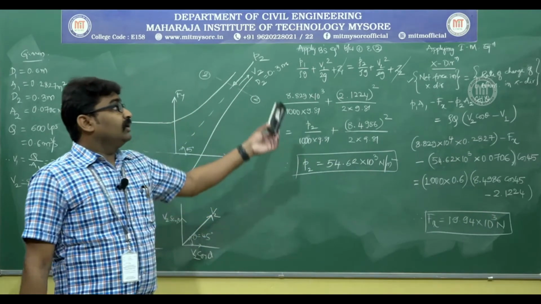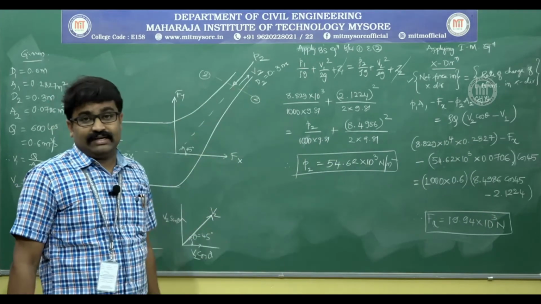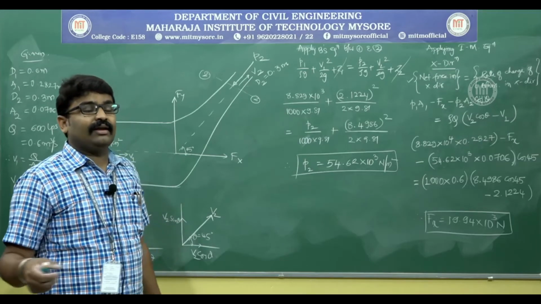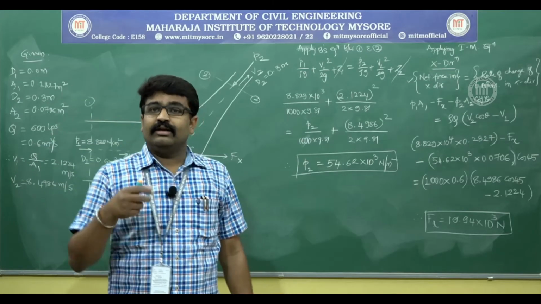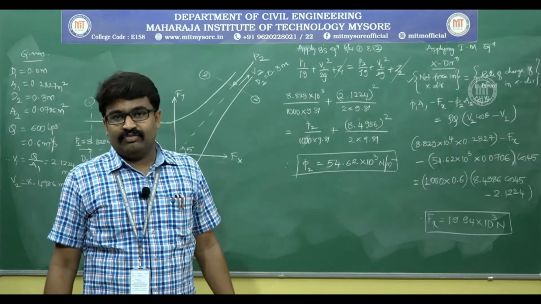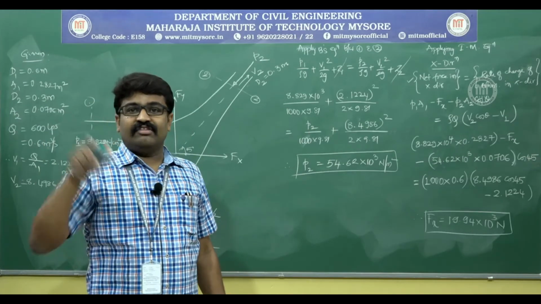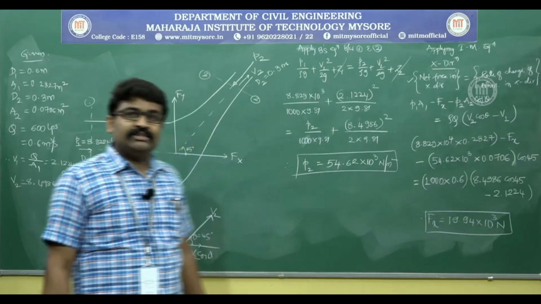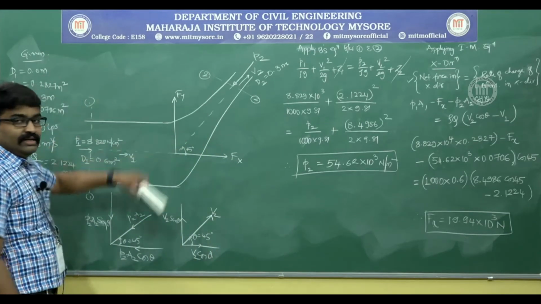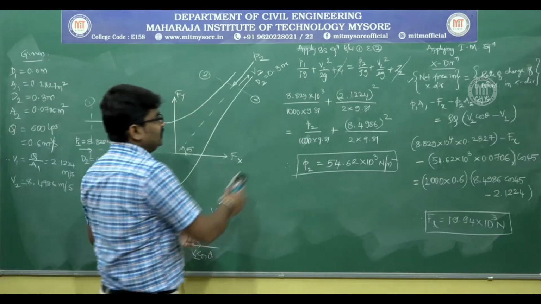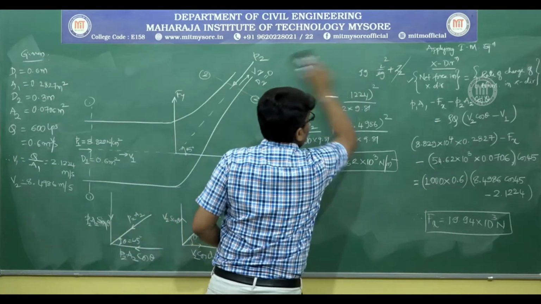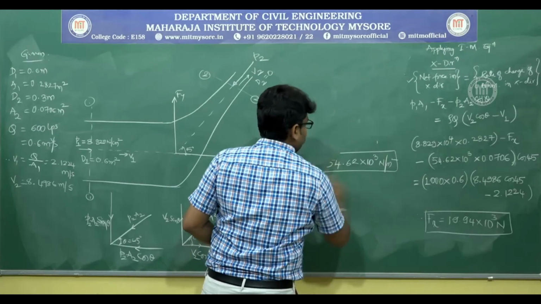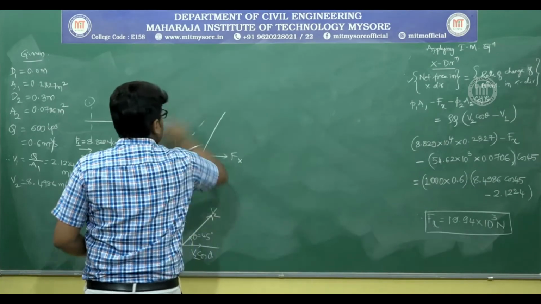Now I have found the force in x direction. Similarly, I will have to calculate the force in y direction. Then calculate the total force F as root of Fx square plus Fy square, and then find the direction as well. So I will remove all these drawings and the first procedure, and then I will apply the impulse momentum equation in y direction.